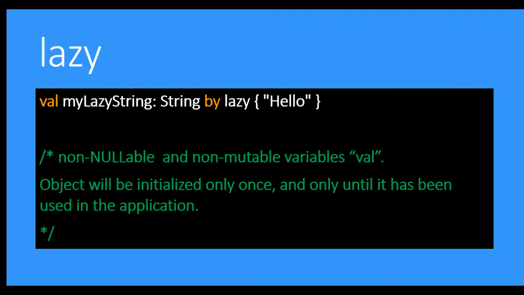And lazy modifier is always used in cases when the data type is non-nullable and the variable is non-mutable, and therefore we use val. The meaning of lazy is that the object will be initialized only once, and only when it is used in the application. So now I will show you how to